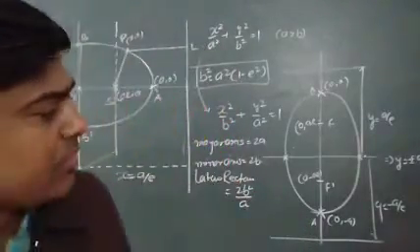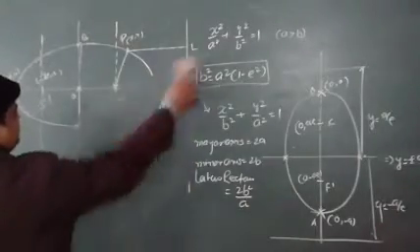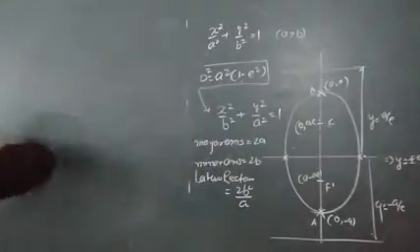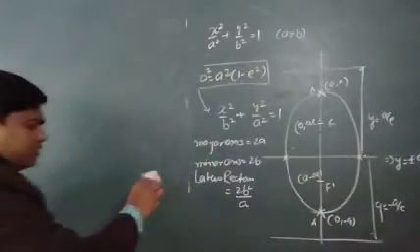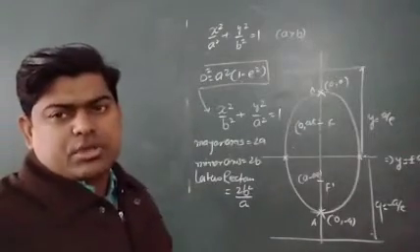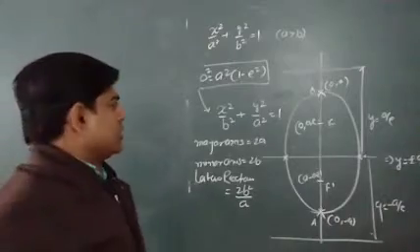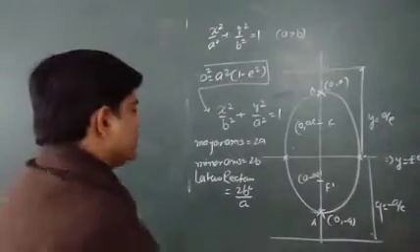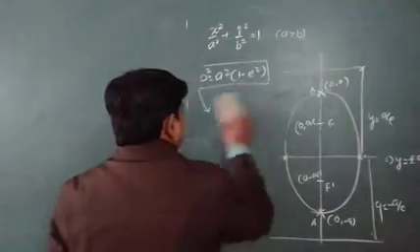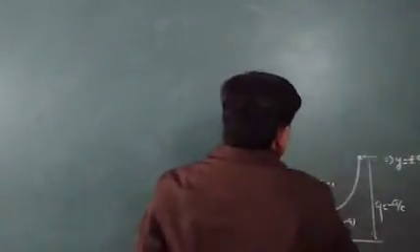Now I want to tell you what is P and all these things. Listen to me carefully. That is one way to find the equation of ellipse, that PS upon PM is equal to e, or PS upon PN is equal to e, or another way I can say PS is equal to e times PM. The same thing I want to find by another way, and it is in your syllabus also, because some things have been removed from the syllabus, but this one is there in the syllabus.